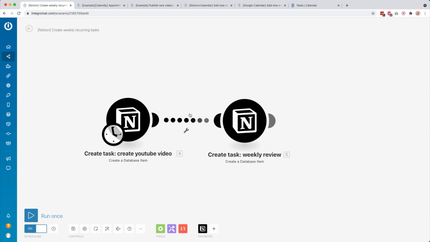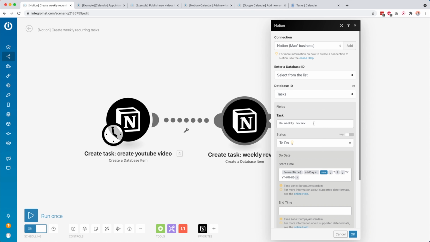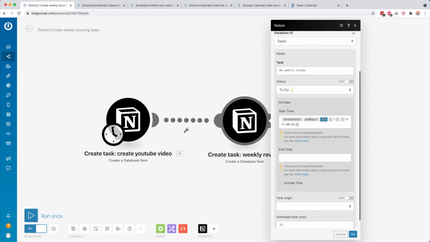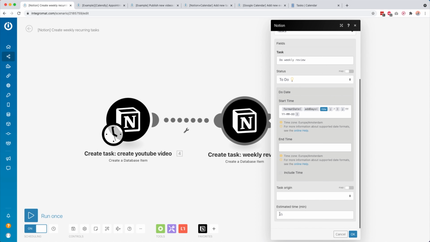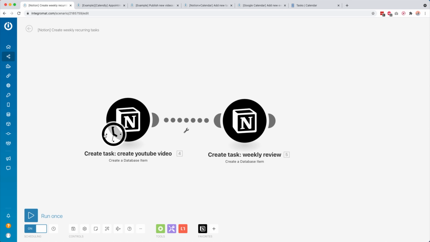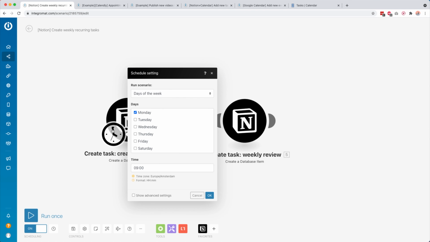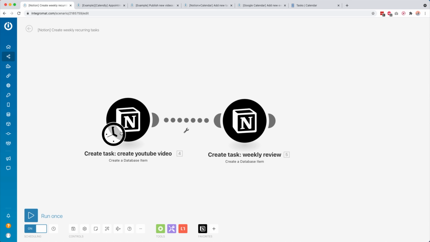Then we continue to the next module, and I'm basically doing exactly the same thing again, but this time for a task called weekly review. The due date here is again set to 7 days from now, and we set the estimated time to 15 minutes. Now why do I add 7 days over here? It's actually pretty simple, because I set the scheduling of this scenario to run at days of the week every Monday at 9 a.m. So every Monday this is going to run, and it's already going to create these tasks for next week,